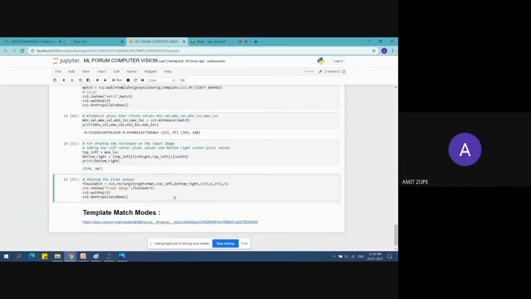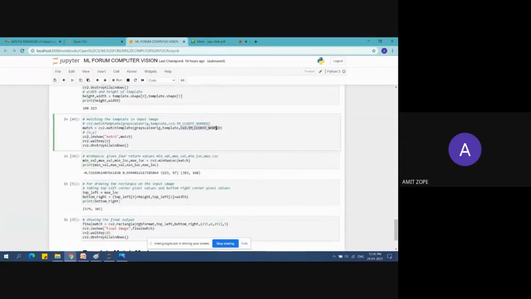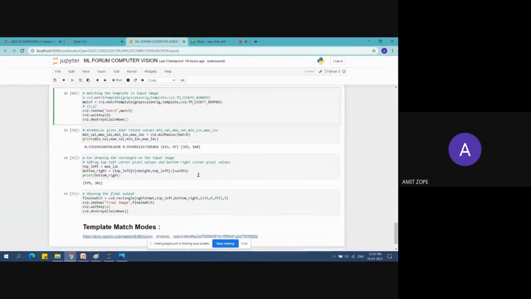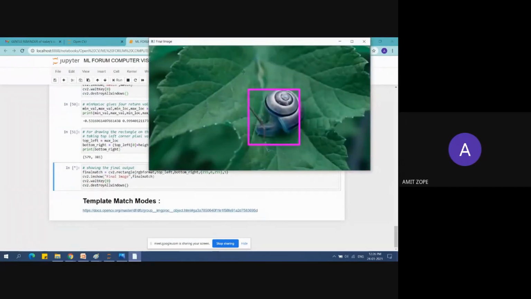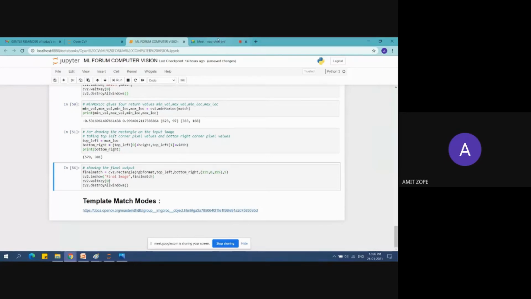But whatever coordinates or pixel values had been given by this method, based on that it is showing this result. This is what I can say about this at this time.